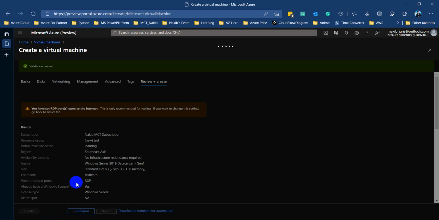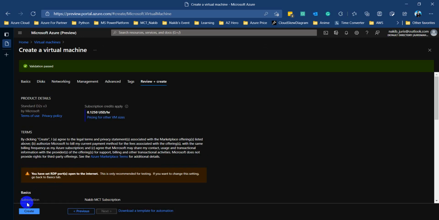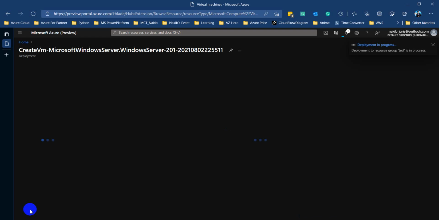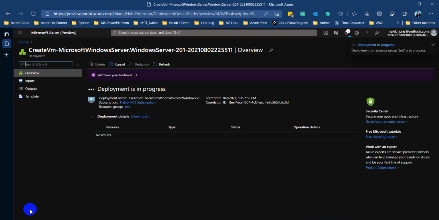Okay, so it will verify all my information. It just verified all the information, and it's allowing me to create this virtual machine. So now it will create our virtual machine within a very short time, and obviously it's very clear to understand